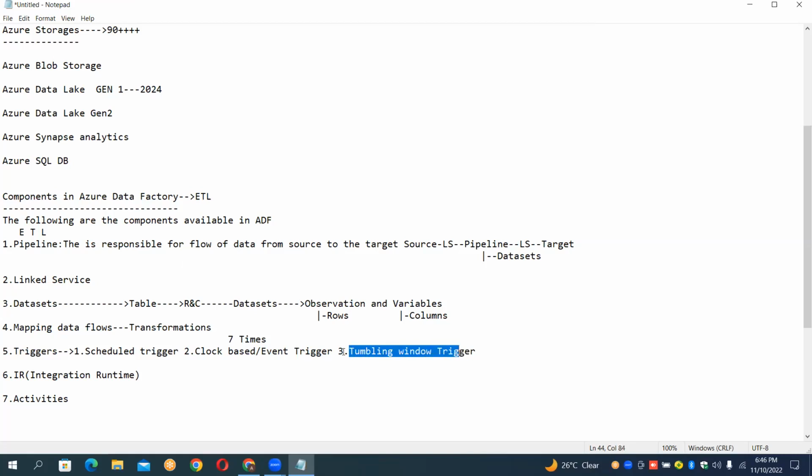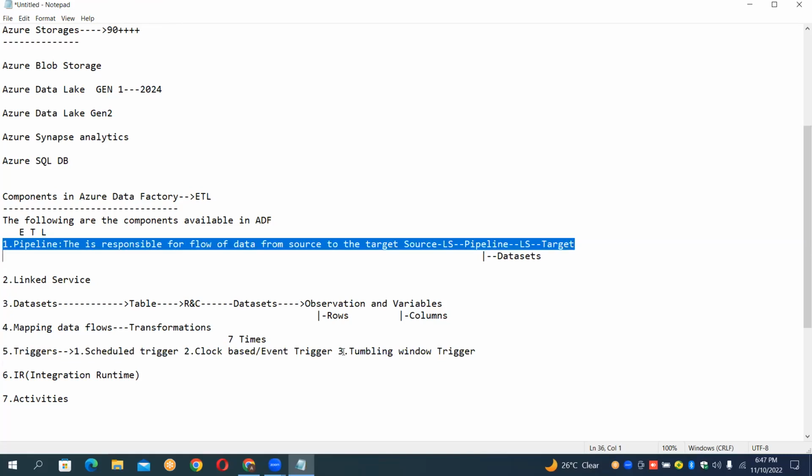into the subject, because this is a bit different process, which I cannot explain right now. Tumbling window is also a type of trigger we have. Some windows are created and then we apply. I don't want to mess up right now. So these are the 3 triggers you have, and these triggers are used to kickstart a pipeline. All of you clear now, guys?